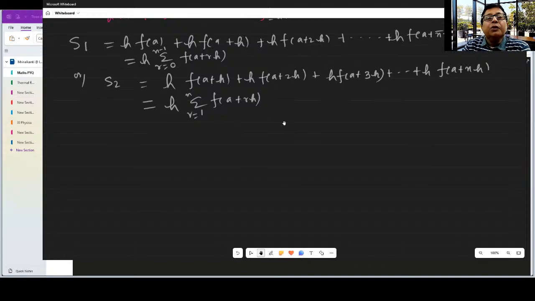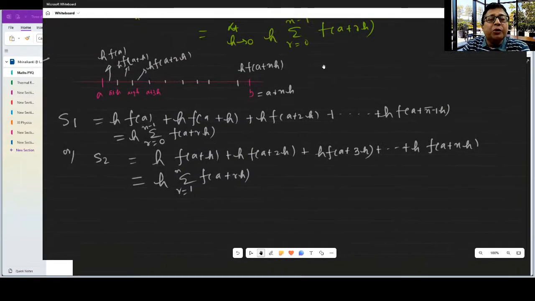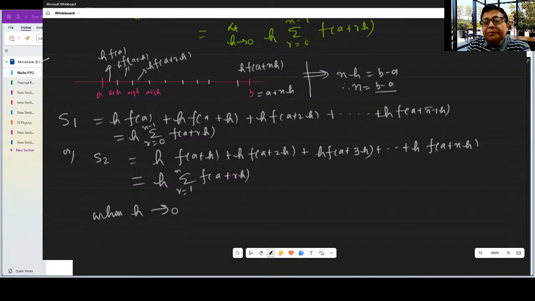Now, when the length of subdivision is very small, there is no difference between these two sums. When h tending to 0, h tending to 0 ensures this part: nh equals b minus a, n equals b minus a by h. This implies that n tending to infinity. Okay, when h tending to 0,